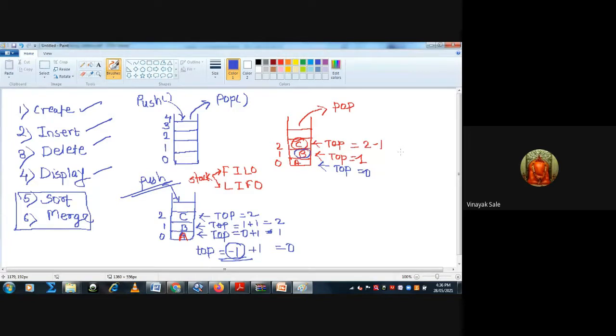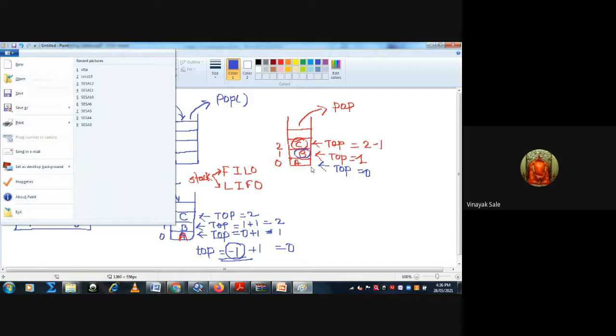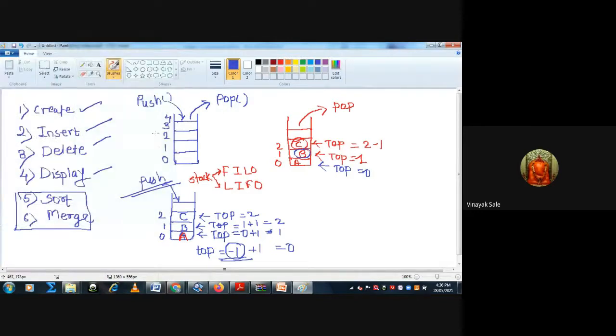These are the four operations. All of you get this: push operation, pop operation. What is push operation? What is pop operation? All of you get it? Yes, sir. Okay. Then how do we write the program code for push operation, pop operation or display operation?